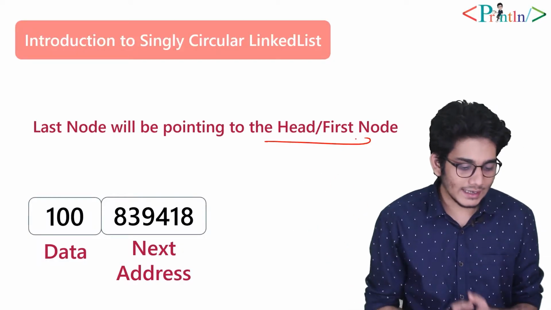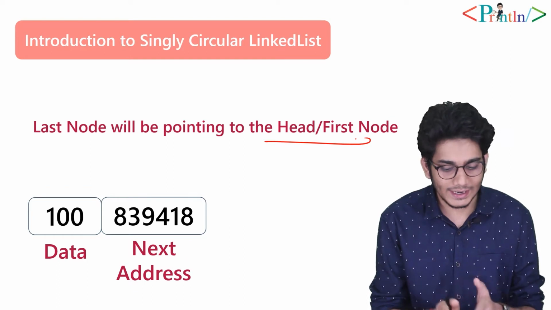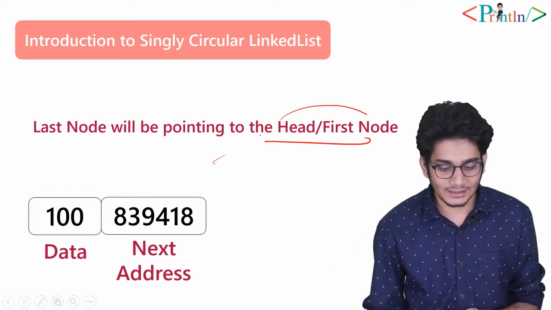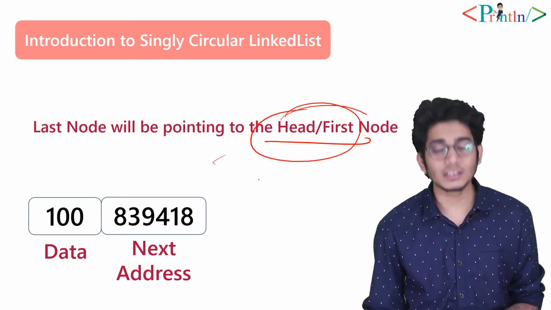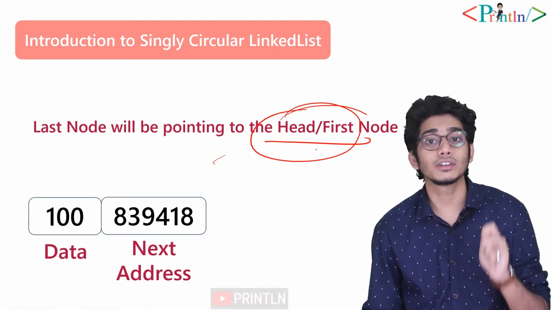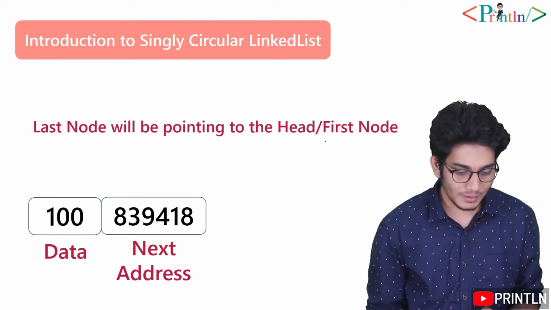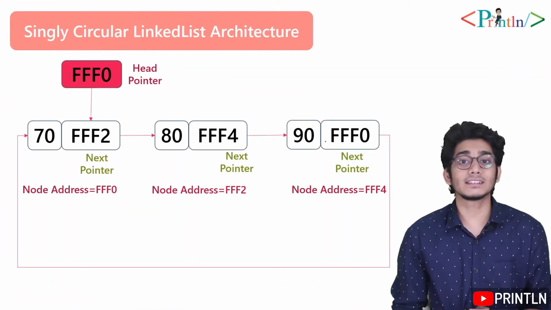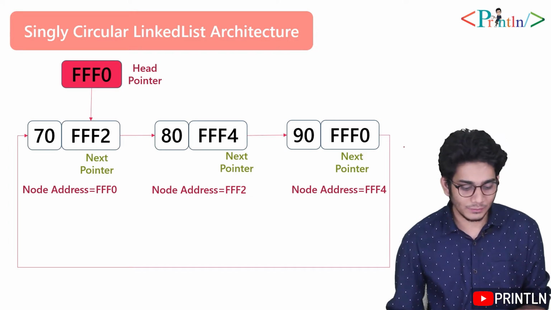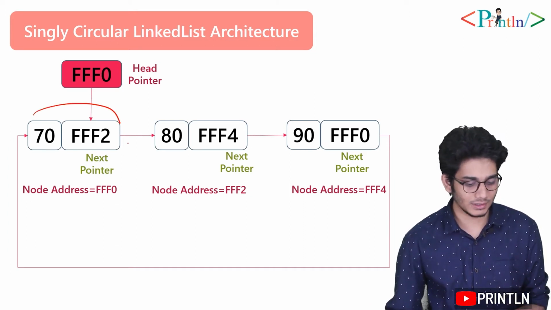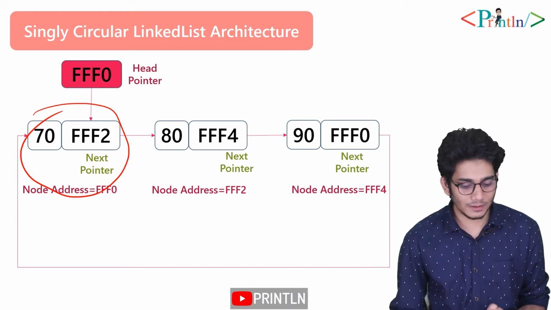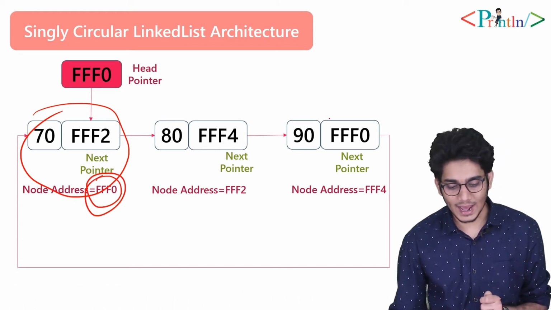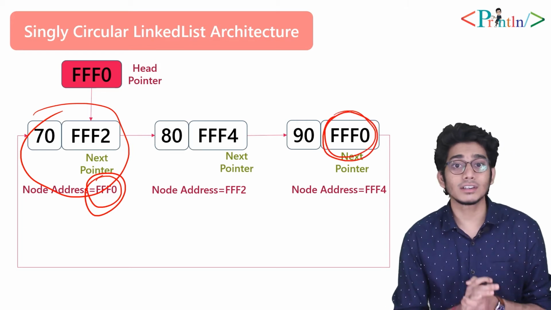As you can see on my screen, it is written that the last node will be pointing to the head or first node. So what does it mean? In a circular linked list, your last node will be pointing to the first node. As you can see on my screen, one circular linked list is over there. You can see the address of our first node. The address of our first node is FFF0, and you can see that our last node is pointing to the